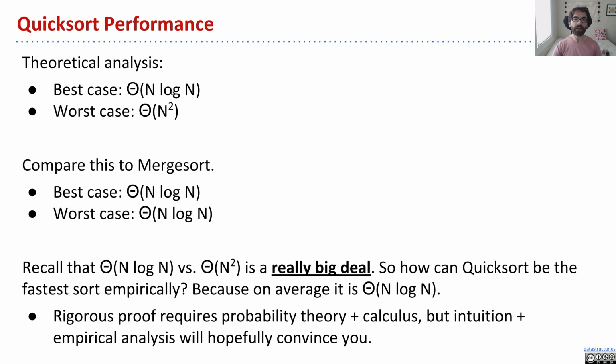In the previous video, we talked about how Quicksort has a best case, which is theta n log n, and a worst case, which is theta n squared. In this video, we'll talk about, for an arbitrary input, just some totally random input, on average, Quicksort will take